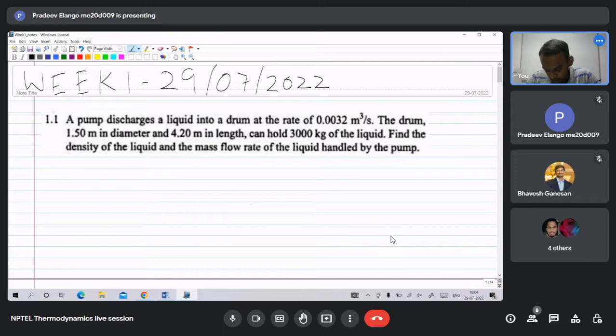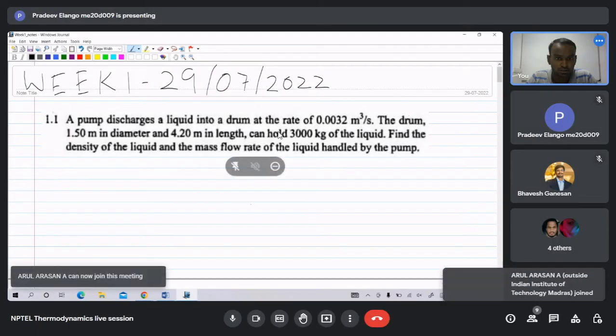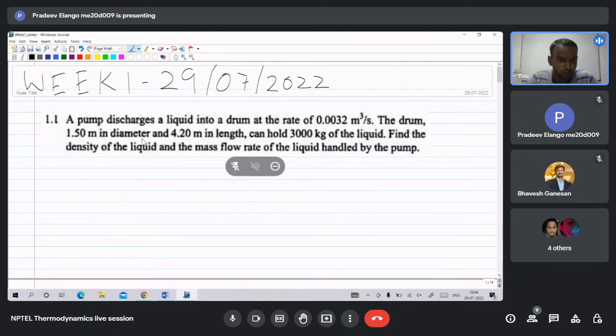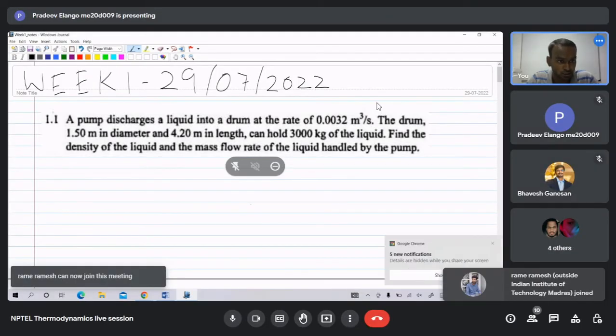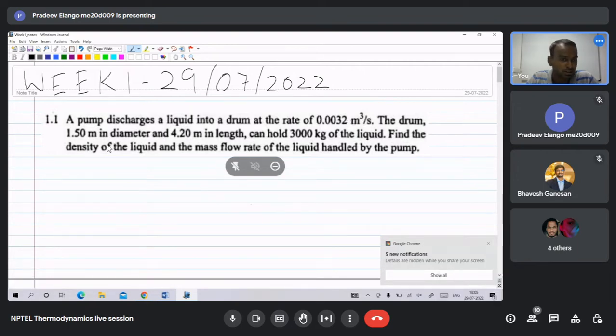A pump discharges a liquid into a drum at a rate of 0.0032 meter cube per second. The drum is of 1.5 meter diameter and 4.2 meters in length, and it can hold a liquid of 3000 kg. So we need to find the density of the liquid and mass flow rate of the liquid handled by the pump. So we have been given a volume flow rate, the volume of the container, and also the mass of the fluid that the container can hold, and we need to find the density and mass flow rate. So first we can start with calculating the volume of the